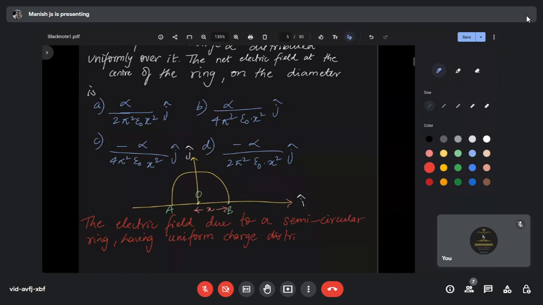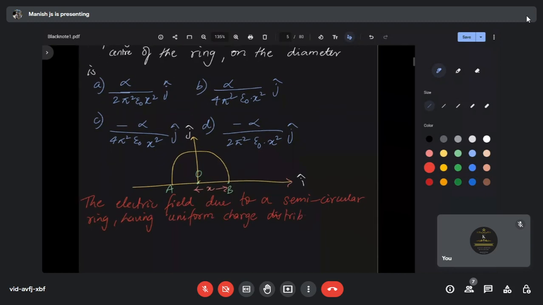Yes, what is the formula for this? You have any idea? No, sir. Yes, E is equal to